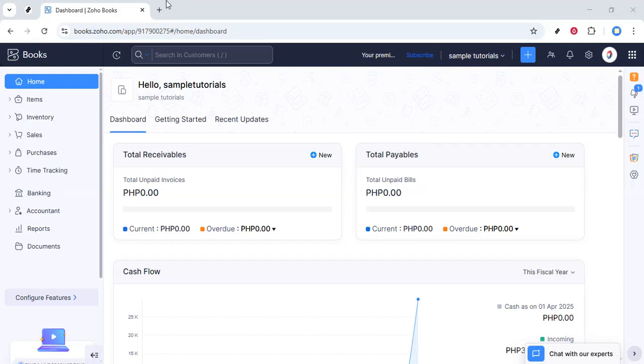In this video, I'll guide you through how to record a refund paid to a customer in Zoho Books. This is an important task to keep your accounts accurate and make sure your customer transactions reflect what has actually happened in real life. We'll go through the process step by step, nice and slowly, so you can follow along